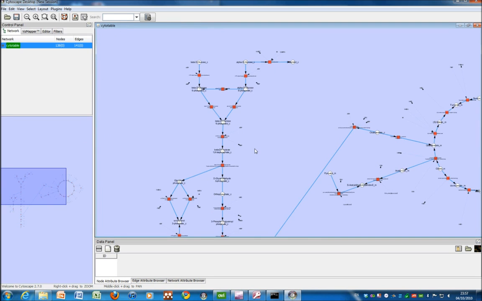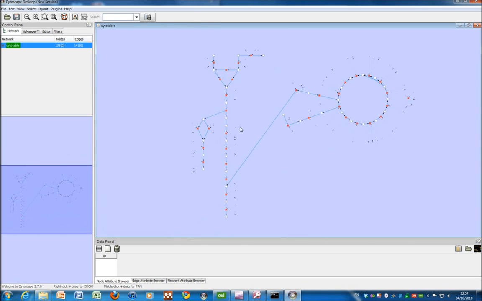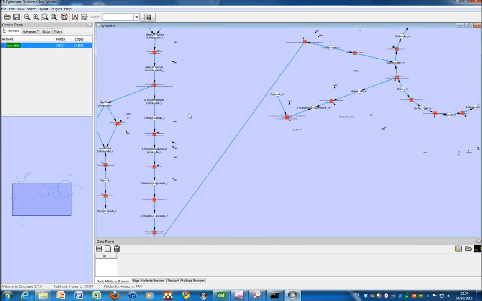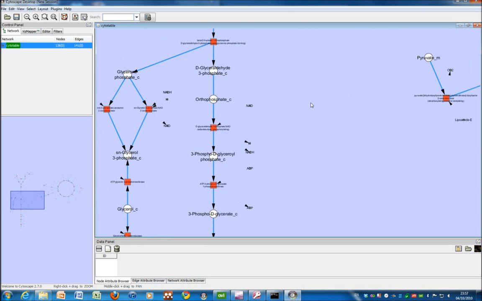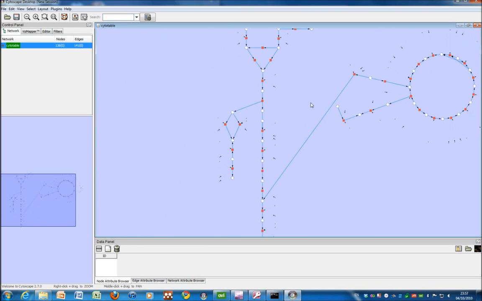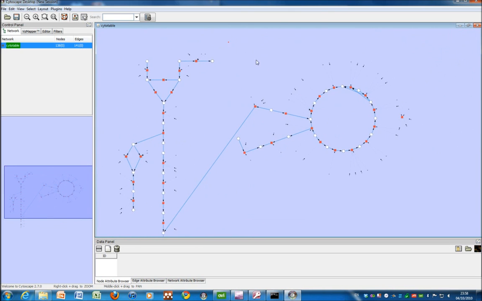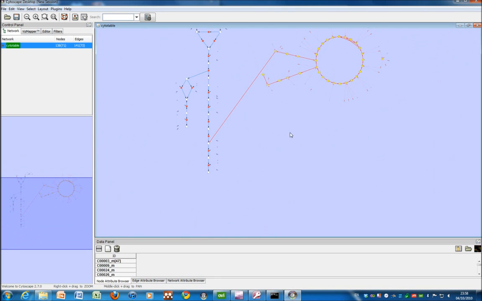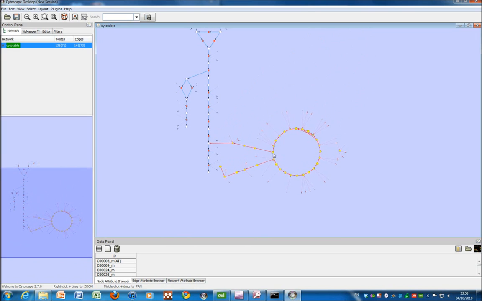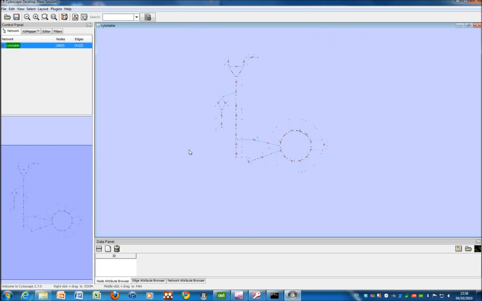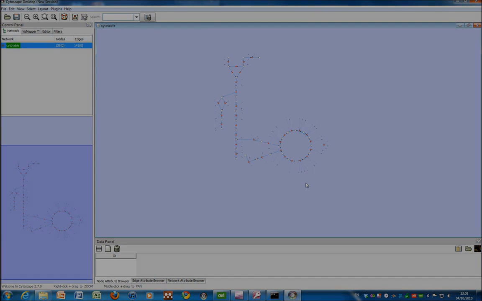So here it is. You can see that we have good connections between the networks. Sometimes if you want to see the names for everything all at once, you might need to change some of the settings and preferences in Cytoscape so that it displays a higher level of detail. But I think you can see here how we could build up, using this tool, a collection of all of the pathways for any given